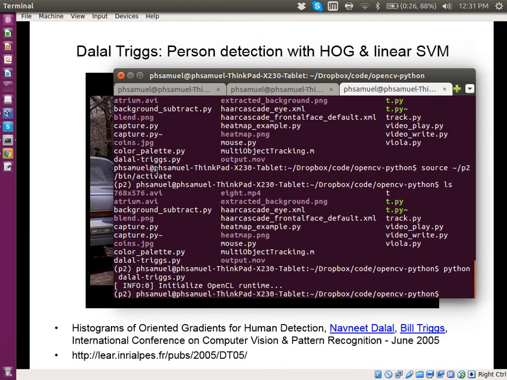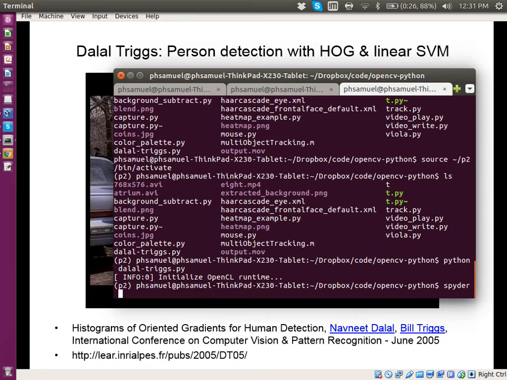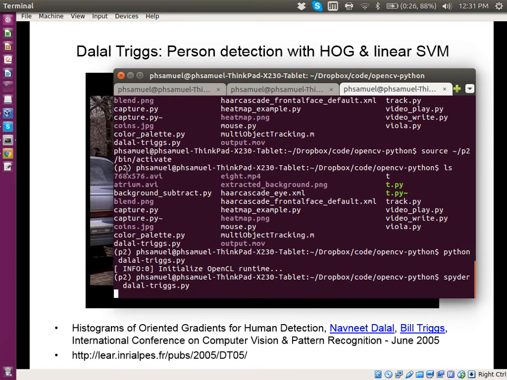Okay. So that's the Dalal Triggs. If you want to use this as a project, it's very easy. And if you look at the source code, if you just use OpenCV, it's actually just one line because it's already